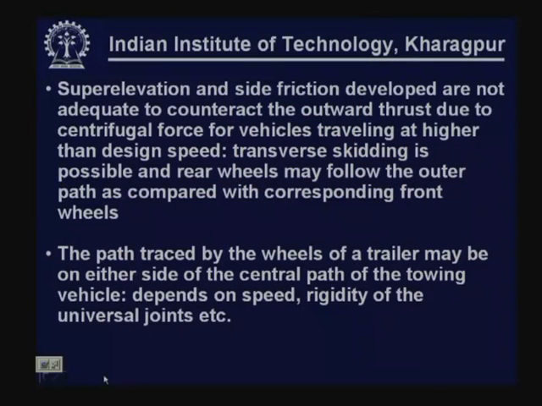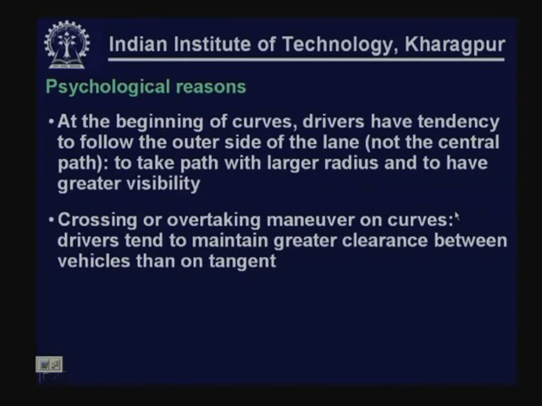Now, this is one aspect, due to off tracking. There are psychological reasons also. When the vehicle is on tangent, we expect the vehicle to follow the central path. But when vehicles are negotiating a horizontal curve, drivers have a tendency, when the vehicle is entering into the horizontal curves, to take the